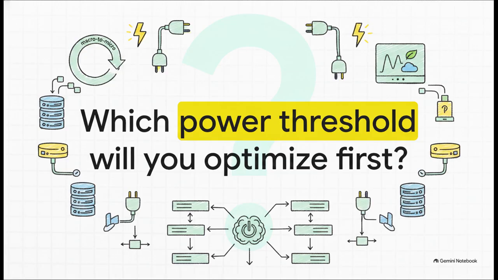So my final question to you is this. Armed with this incredible macro to micro view, which power threshold in your own infrastructure are you going to optimize first? I highly encourage you to log into SuperCloud Composer, put this mastery to work, and take absolute control of